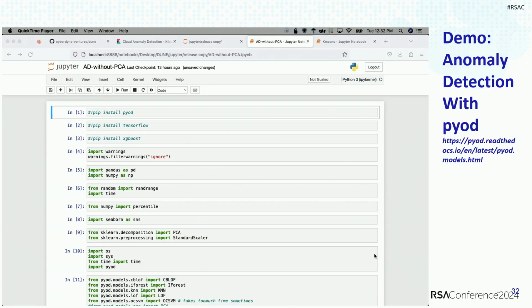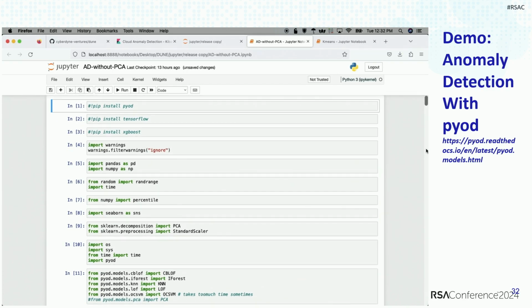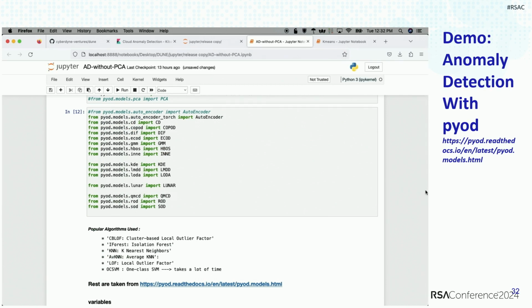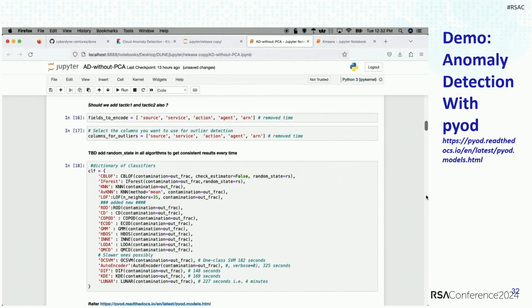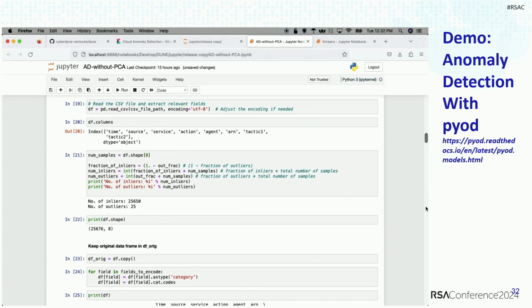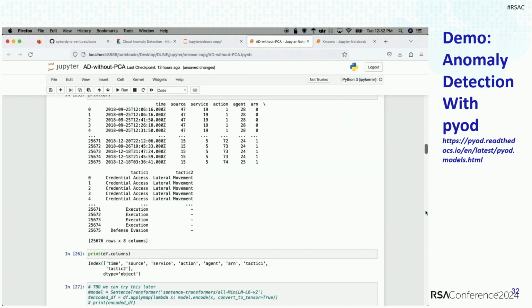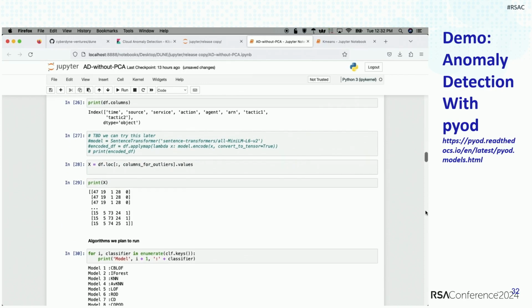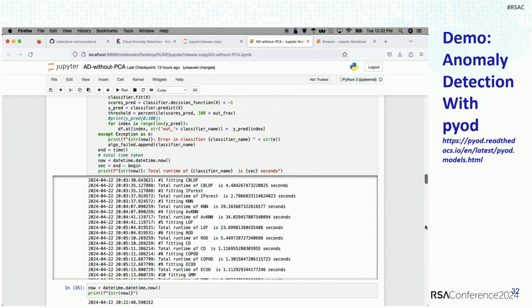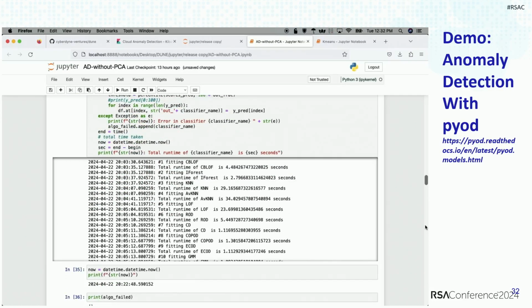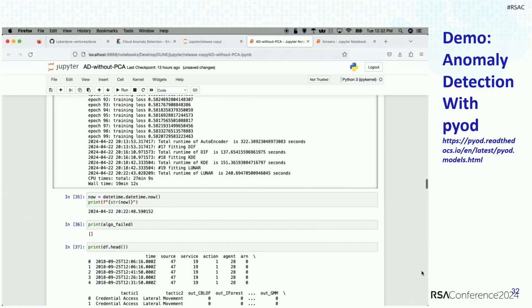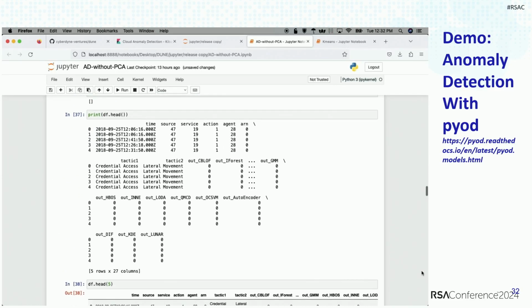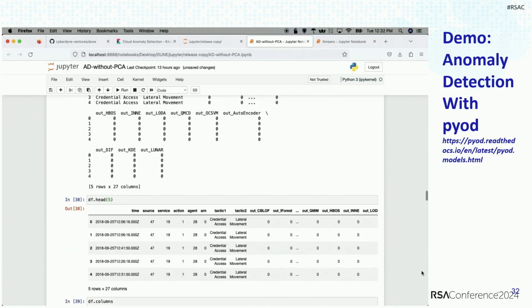So this first one is doing an ensemble approach and using a package called PYOD. What it does is take the 25,000 CloudTrail events and run them through a list of the popular anomaly detection models that are supported. And then it gives us the output. The advantage is that, rather than running one model at a time and then manually comparing results, it's nice to be able to just run many models at once and then compare all of them, not only seeing the output from each, but also comparing the results that came from each model.